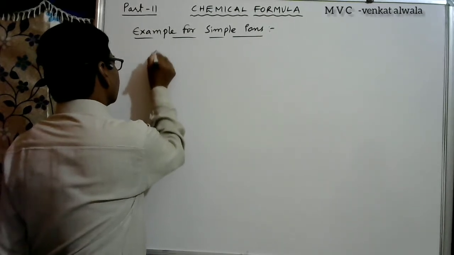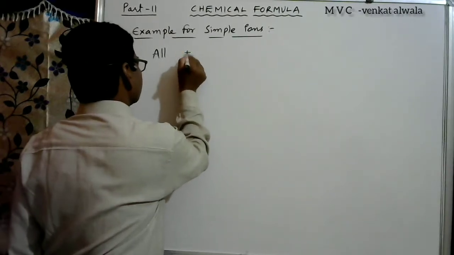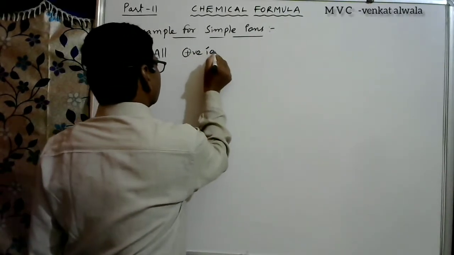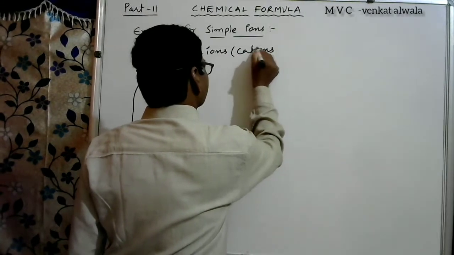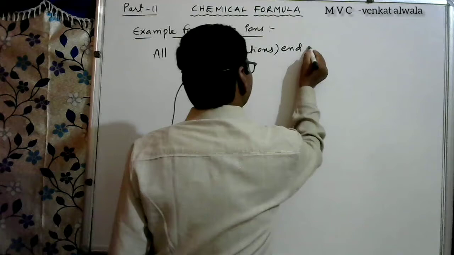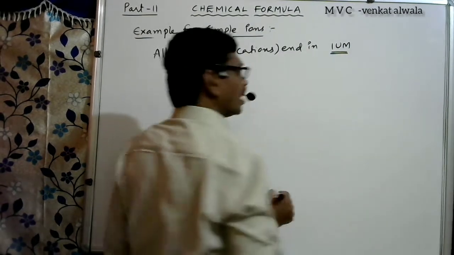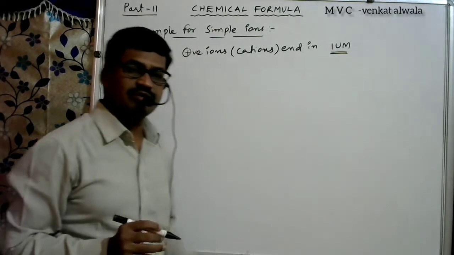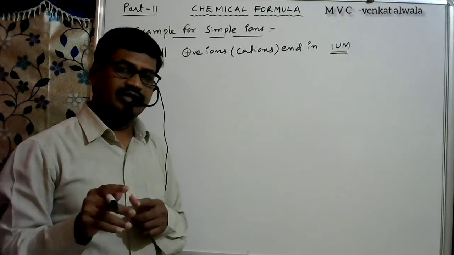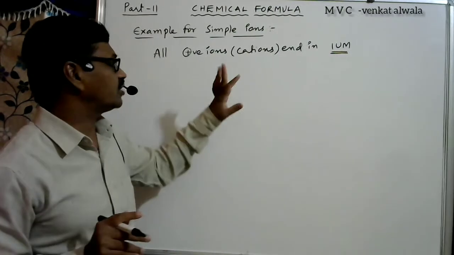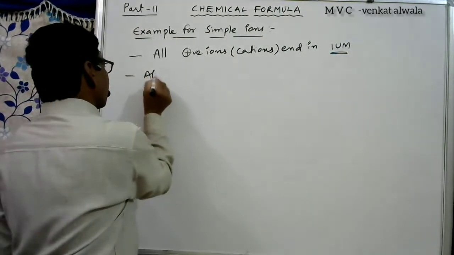All positive ions, otherwise cations, end in ium. End in ium means, for example, sodium, ammonium. So all positive ions end in ium, and all negative ions,